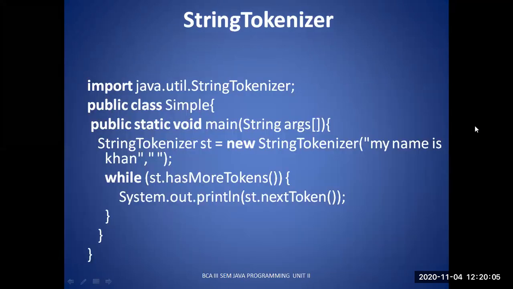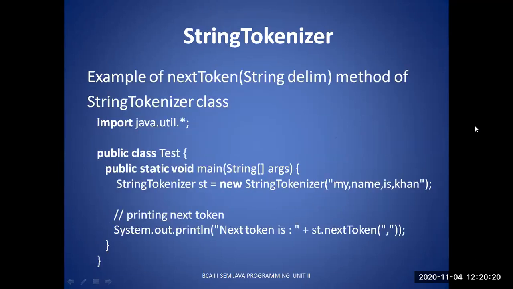And after that, this example displays a demonstration of the StringTokenizer class based on the delimiter called the space character. It divides the string into small pieces, then displays them one after the other. And here we are using a comma as a delimiter. Based on the delimiter, we are displaying the output of it. So this is about the StringTokenizer class.